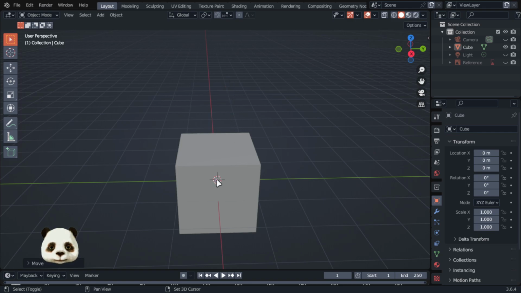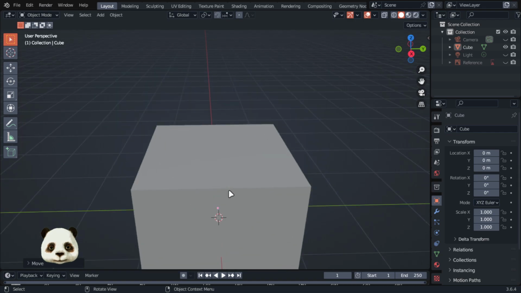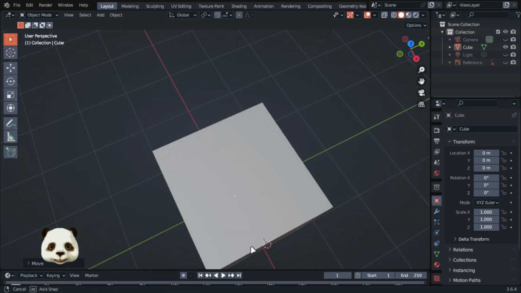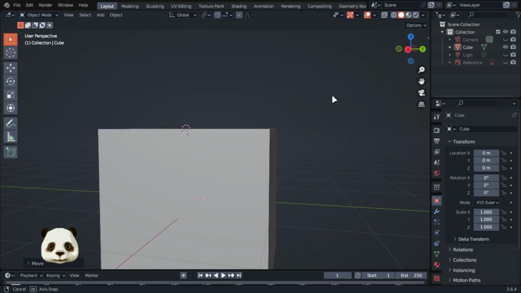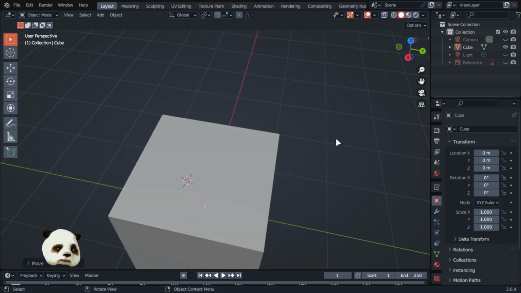Let's just try to put it here. Whatever. It's in the center? Of course not. Of course it isn't in the center because I hate you. I hate you with a passion. Let's just do